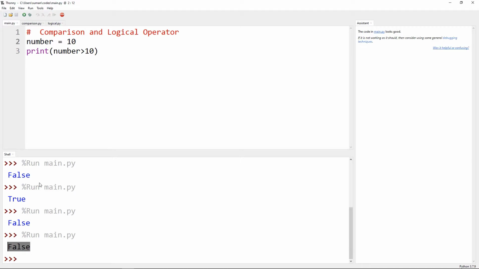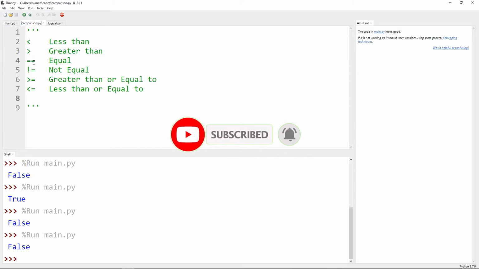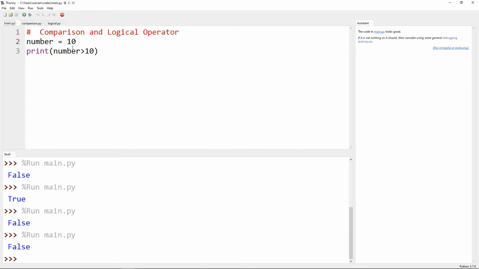Next, we are proceeding to the equal operator. That means the double equal sign. So number is equal to 10. So here we are giving the equal sign. That must be true because 10 is equal to 10.